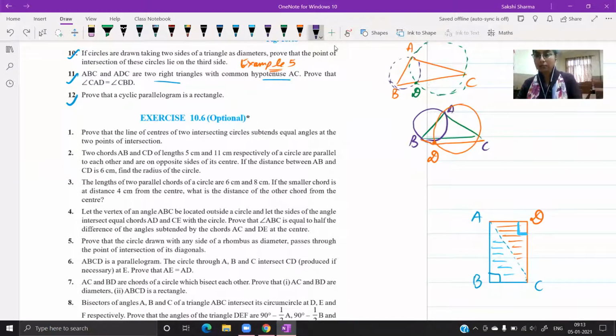After that, in this figure, the quadrilateral so formed, you want to prove angle CAD, which is this one, angle number 1, and angle CBD are equal. So CBD will be this one. Observe, CBD is not 90 degrees, CBA is 90 degrees. CBD is a part of CBA. You want to prove angle number 1 equals angle number 2. What we shall prove is that the quadrilateral formed here, ABCD, is a cyclic quadrilateral, which I guess is clear